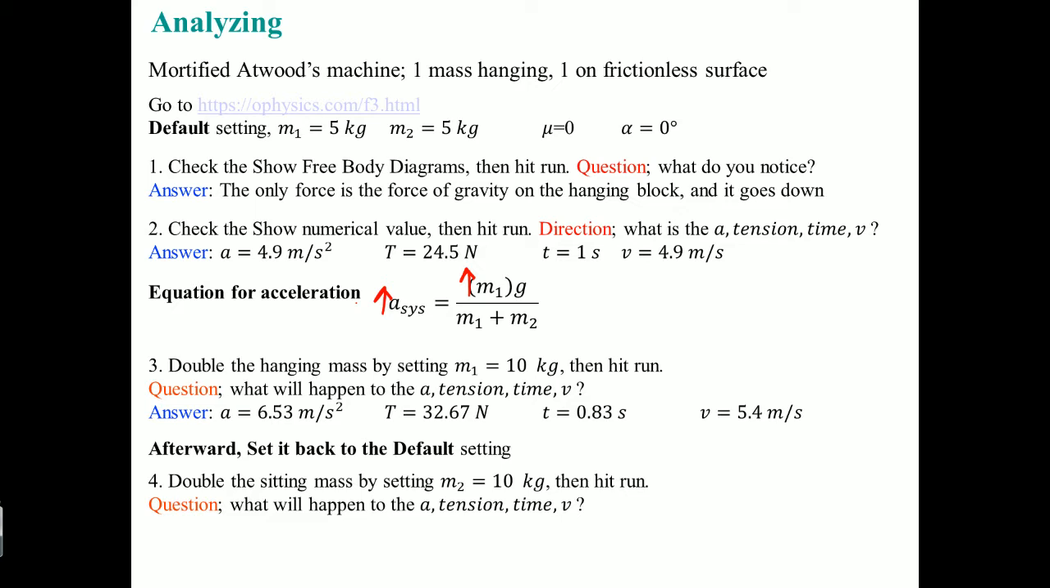Right? Then the tension also will go up because the acceleration goes up. Okay? Because tension is equal to mass times the acceleration of the system. Time is going to go down. The reason why is because you're going to have a faster acceleration. So you're going to travel the same distance